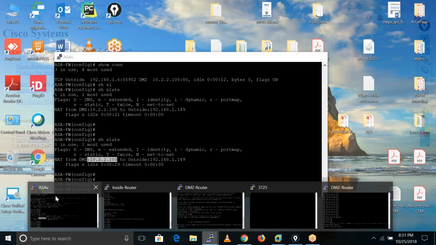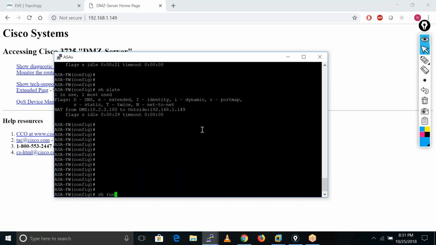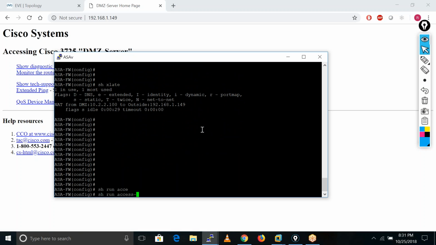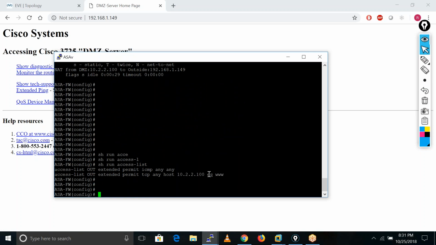Now just notice one thing here. Let me run show access-list. I have only included port number 80, right? But in the DMZ server, we are also running the telnet service and the SSH service. These two services are also available here.